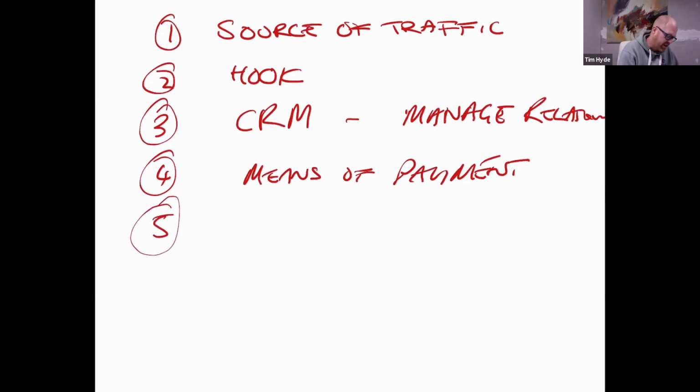Right, last but not least, we've got to have a means of delivery. And a bit like, again, our personal relationships, we've got to remember what it is that we're delivering and deliver a customer experience that makes our customers want to buy from us again and make them tell other people about the experience. Again, everyone on this call would have at some point bought from somebody who was chasing you for your business. And then after you said yes and they took your money, it was all crickets. Trades are notoriously bad at this.